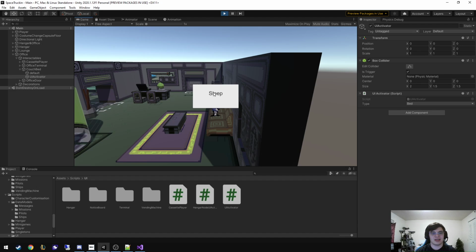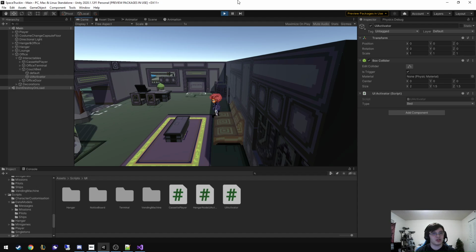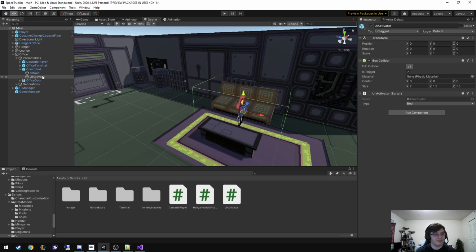I talked to Stefano, our game designer, and basically what we want to do is rid ourselves of the UI, and just start the day-night sleep cycle when you hit E on the bed. So we actually don't need to pop up any UI. So I think instead of the UI canvas for this,